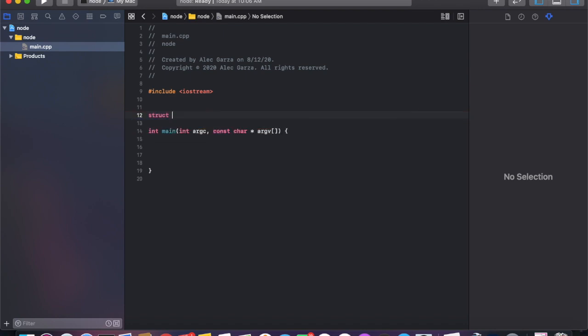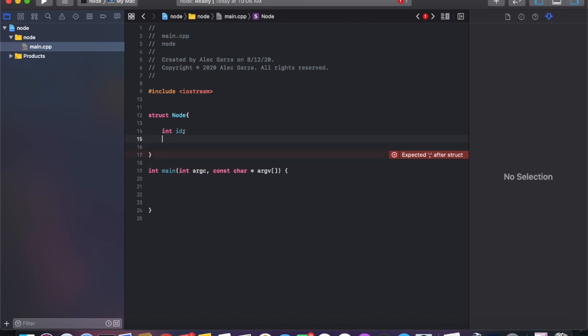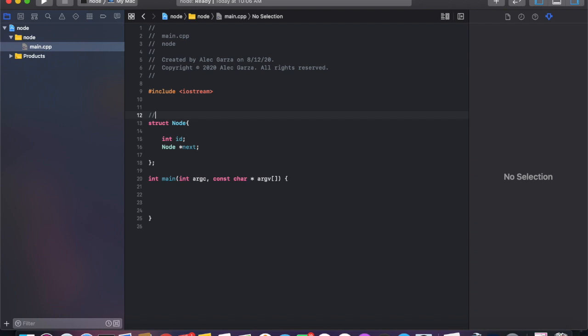And so like I was saying, in C++, I'm going to use the struct type node, right? And then we're just going to give it some data. So we're going to say int id, node pointer to next. I'm going to put that right there. All right, so let's see exactly what we did here. So go ahead and write some comments. So we're going to define node struct. This is